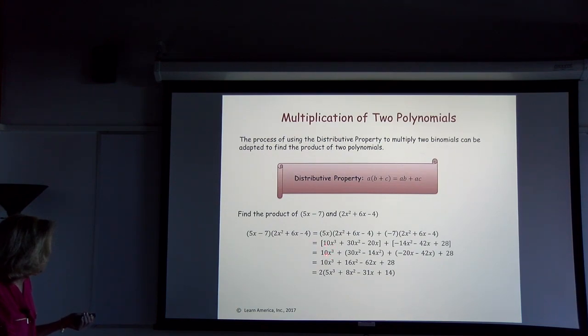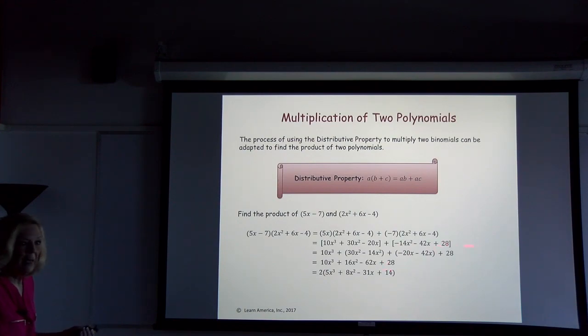The 10x cubed is sort of off by itself. You have a 30x squared and a negative 14x squared. They combine to give you 16x squared. Negative 20x and a minus 42x gives you a negative 62x, and then you have, in this case, the